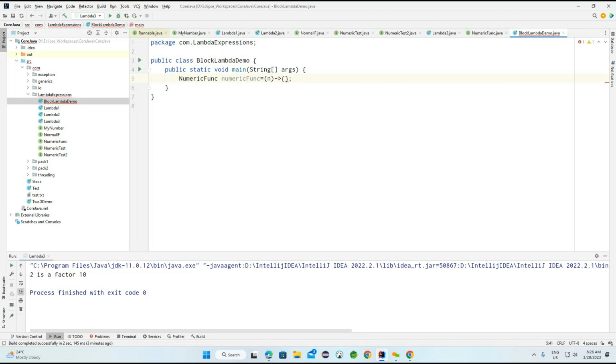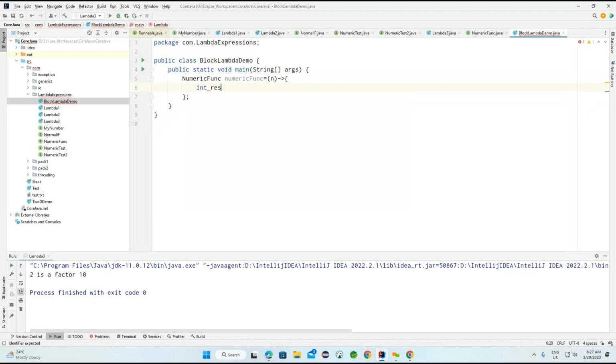For a single-line statement, there's no need to write any return statement. But whenever we have multiple lines of code, we need to write an explicit return statement, because of our method here. If you see the NumericFunction, this method is trying to return the integer type. So this integer type we need to return explicitly. Okay, now how am I going to return this? To understand this, first we need to discuss the block of statements here. Here I'm opening the block, and here int result is equal to 1. Now after this, result,